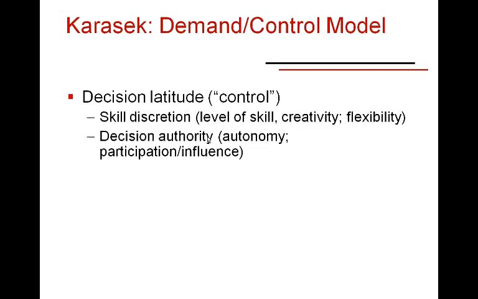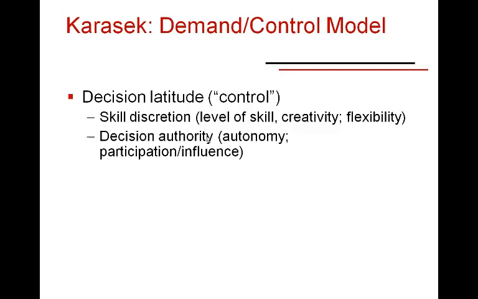And the more prominent of the measures and constructs used to characterize the psychosocial work environment as a stressor is Karasek's demand control model. The demand control model has two primary dimensions. The first is decision latitude, which is the control dimension, which refers to, again, subsetted as skill discretion and decision authority. And the skill discretion refers to things like how much you get to use skills on the job and